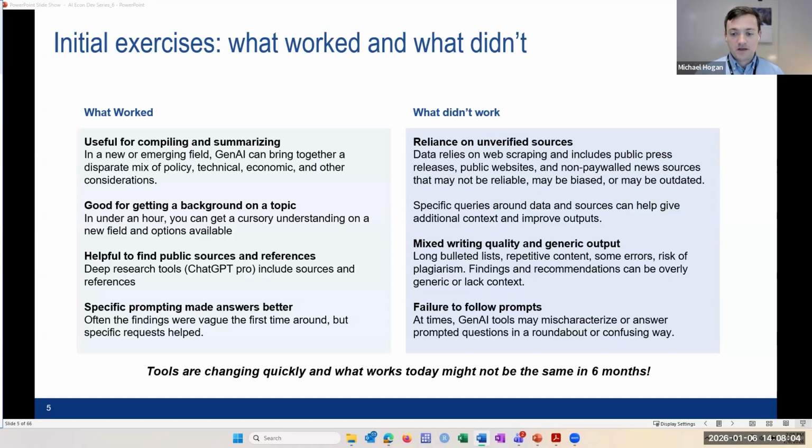But something that was interesting is we've been looking at this over 6 months, and what works today might not be the same 6 months from now. We've seen an incredible evolution in what has been effective over the last 6 months, over the last 12 months. And it's kind of crazy to think that 6 months from now, we might be looking at something even more complex and a different set of scenarios.